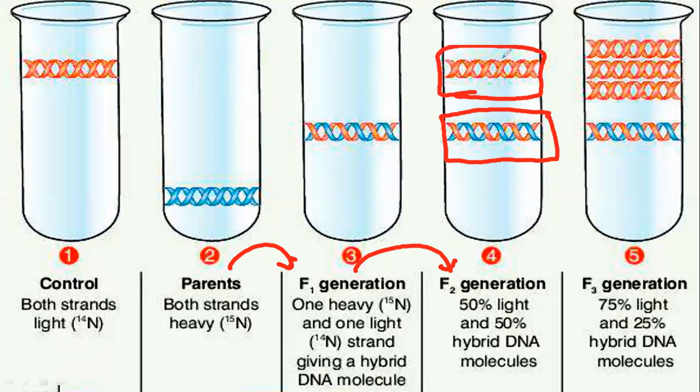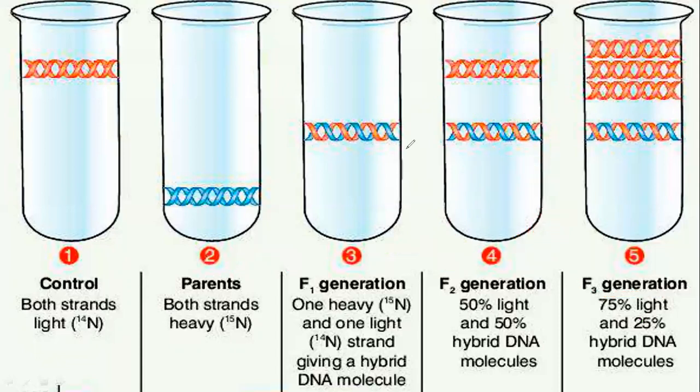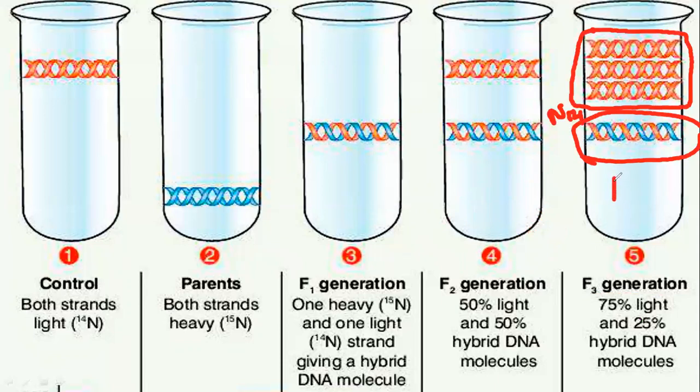So we can imagine that this one is N14, and this one was the mixing of N14 plus N15. Now this was the second generation conclusion. And then we repeatedly allowed them to replicate, because by binary fission we get a new generation every 20 minutes, with two daughter cells. What we got over here, can you see? 75% had the lighter one, and only 25% had both N14 plus N15.